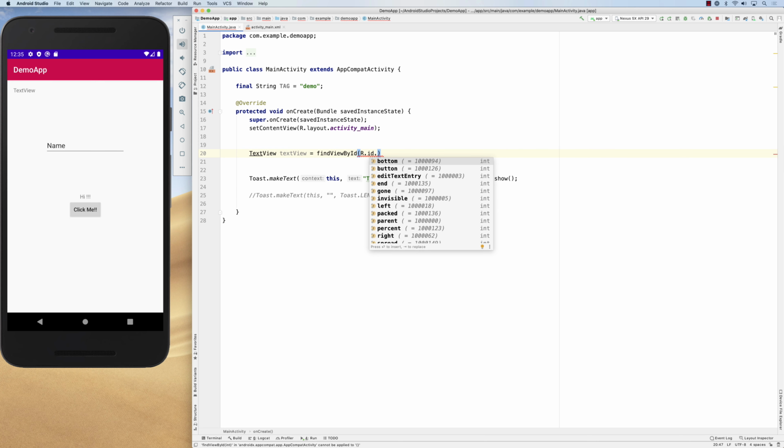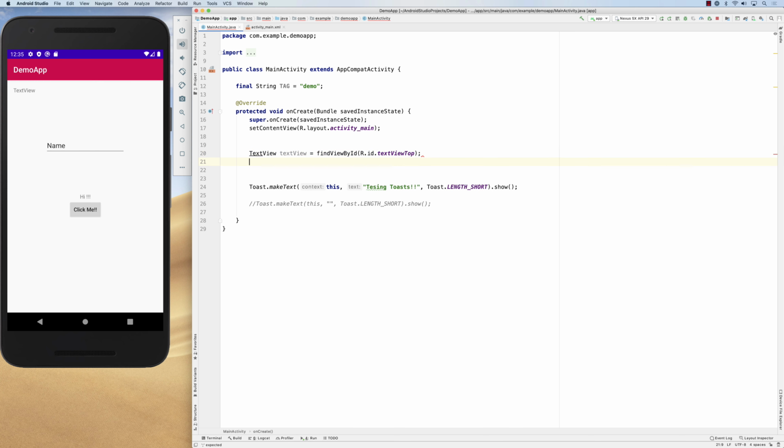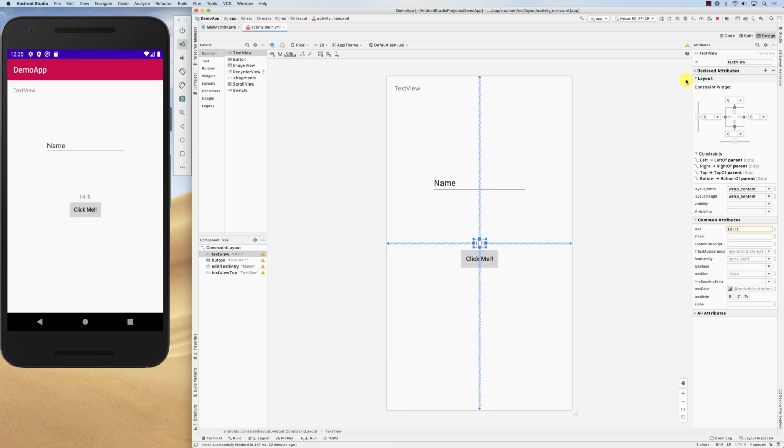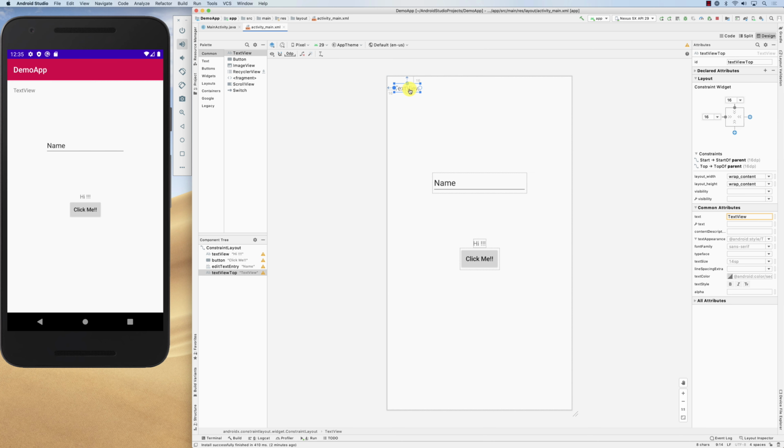And then these are all the IDs that you have in the system. And we called it what? Text view top. Remember? We called it text view top. That gives you access to that text view. So if you look here, the design, basically it's a text view, its ID is text view top,